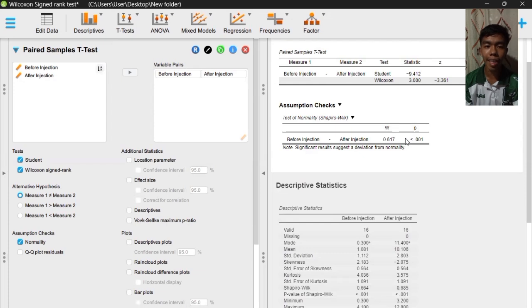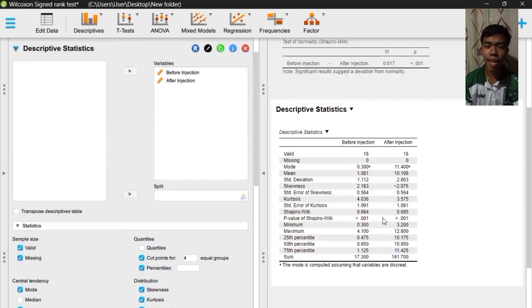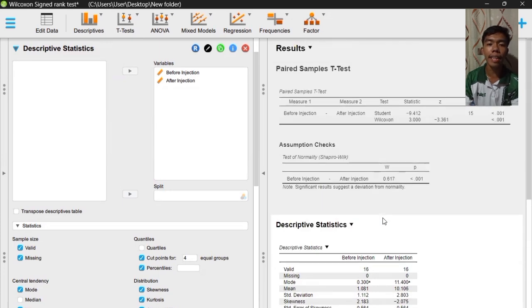While the normality assumption for a paired sample t-test might be violated here, the highly significant Wilcoxon rank sum test provides strong evidence that the water intake after the injection of hormone Y is statistically different from the water intake before the injection of the said hormone. Therefore, a Wilcoxon signed rank sum test indicates that the water intake after the injection of hormone Y was significantly higher than the water intake before the injection of the said hormone.